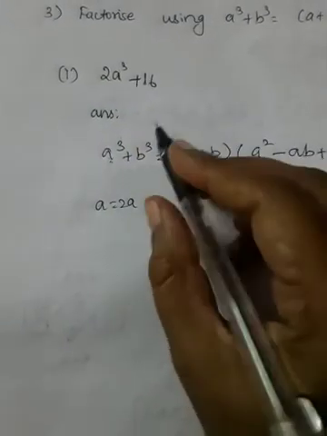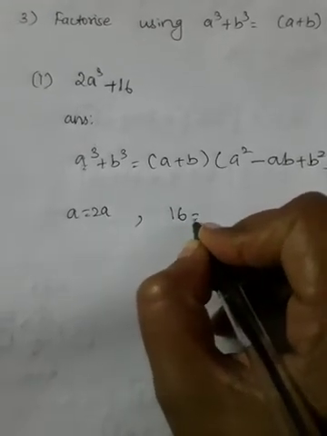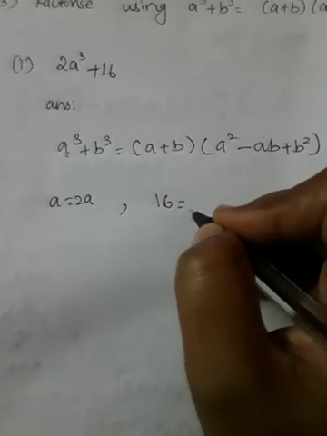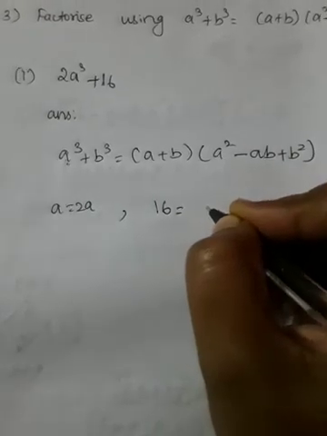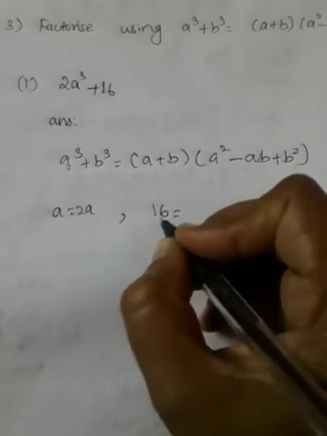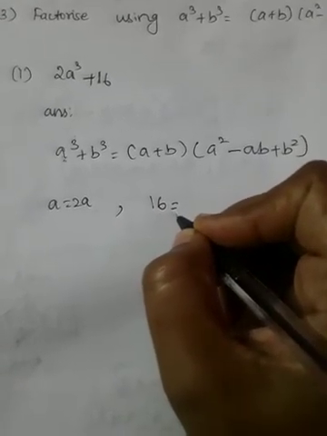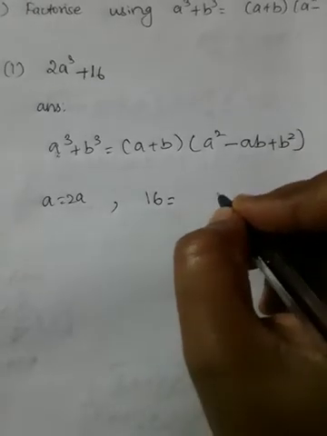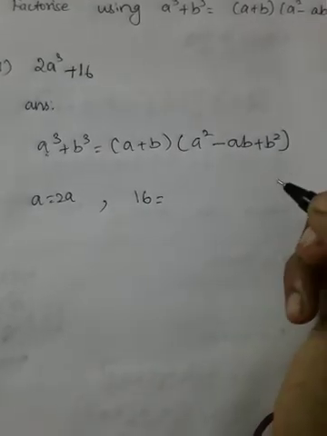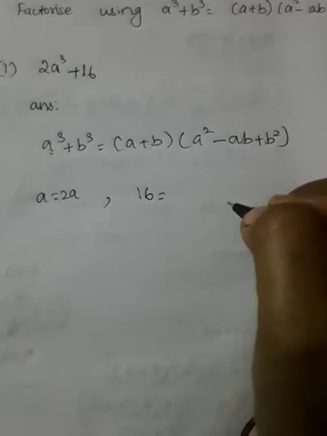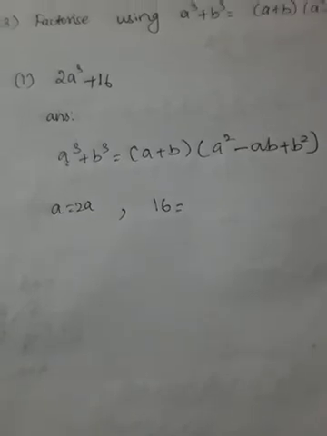Okay, now 16 is there. Now you want to express 16 as a cube. Cube is nothing but when you write the same number multiplied three times. So think about 16. When will you get it? Yes, 4 4s are 16. Think of any other number: you should get 16 by multiplying the same number three times, so it should be in cube.